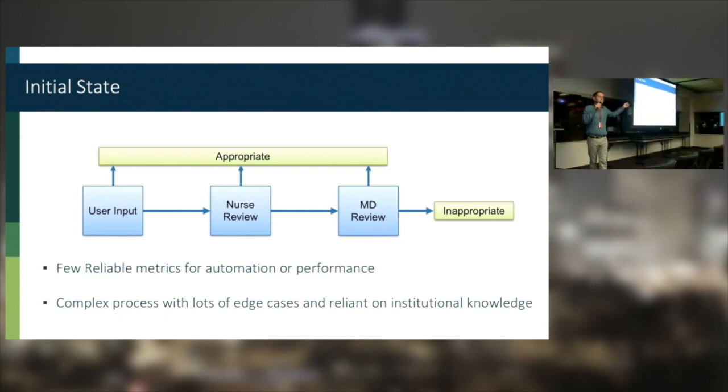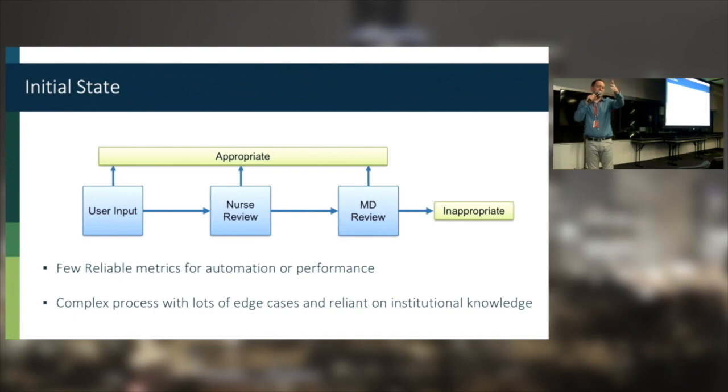So this is the process that we have. There is a user input. It's mostly clinical. It's questions: what happened, what the injury is, what was done so far, and a couple of other things that are relevant for a medical condition. Based on that, some is immediately approved, mostly things that are urgent and these types of things. Some of it goes to a nurse review, and the nurse can approve. Some of it goes to a physician, and the physician can approve. And some of it is not approved.